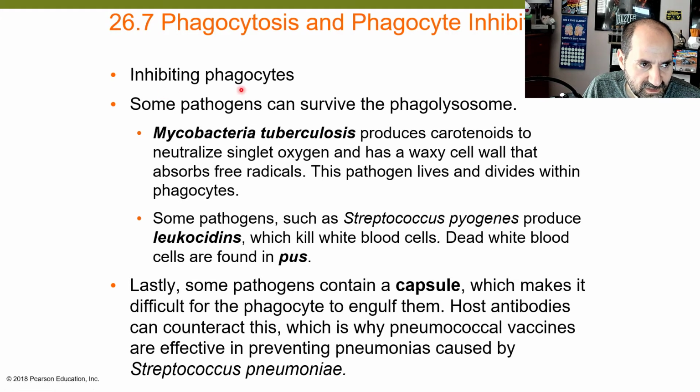And then we talked about inhibiting phagocytosis. Remember, Mycobacterium tuberculosis has these waxy mycolic acids, and it's a type of acid-fast cell. So that neutralizes singlet oxygen, and that prevents the phagocytes from destroying the bacterium. Other bacteria can produce leukocidins to cause pus and kill the white blood cells, and also capsules make it difficult for phagocytes to engulf them. So you should know these are three different mechanisms by which phagocytosis can fail due to these virulence factors in